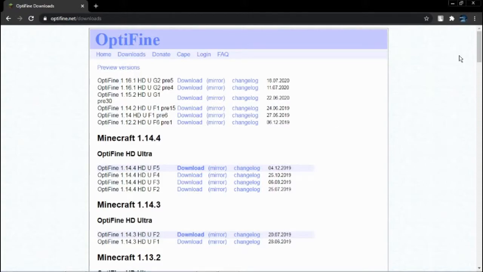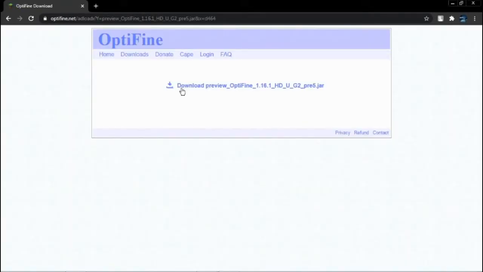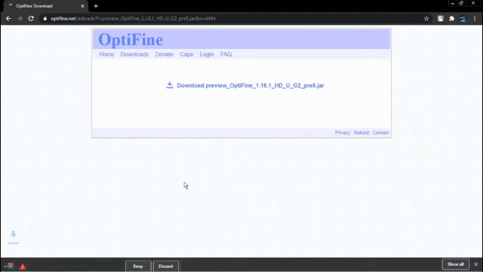Select your Minecraft version and click on it. So I'm going to click on 1.16.1. It will redirect you to this website, and then simply skip it. And now simply press on download.